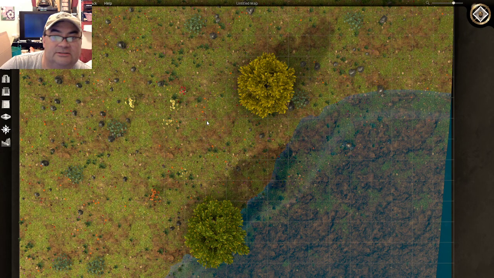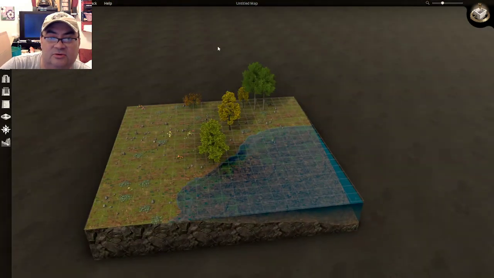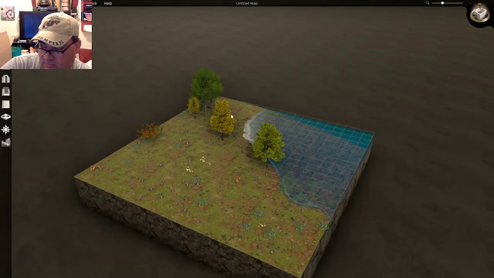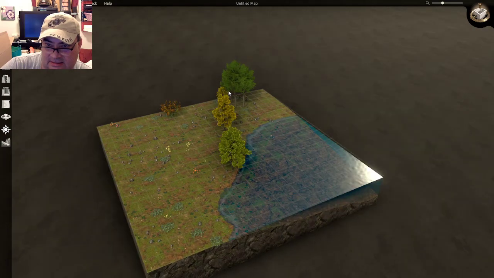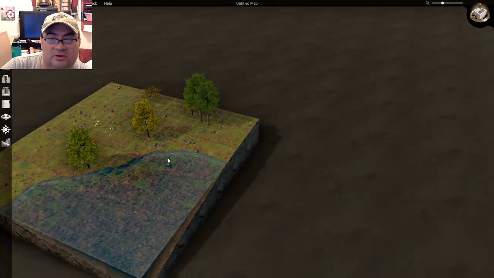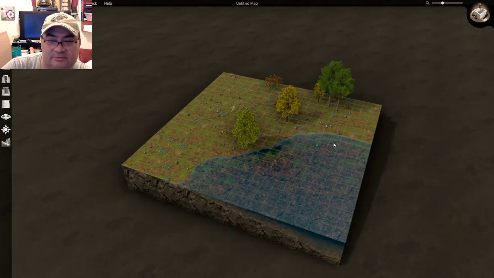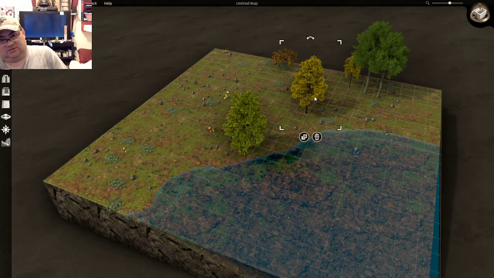So here it is. It spits out the map, and then you can change the angle. Of course, you can spin it all around. And if you look, there's lighting. See the lighting that it's simulating? You can also move the map around. So if you make it rather large, the trees are actually